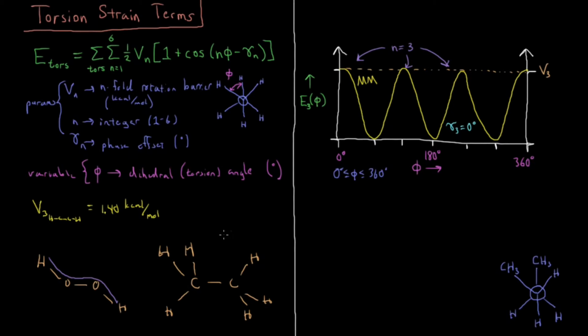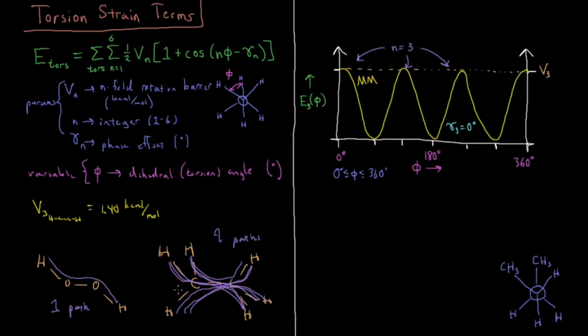So how many paths are there for that? Well, from each hydrogen, there are 3 paths to each of the other hydrogens. So there's 3 more, and 3 more. So there are 9 total. So we have 1 path in HOOH, 9 paths